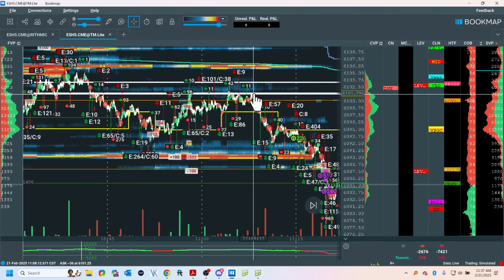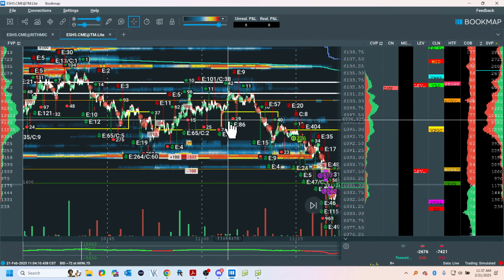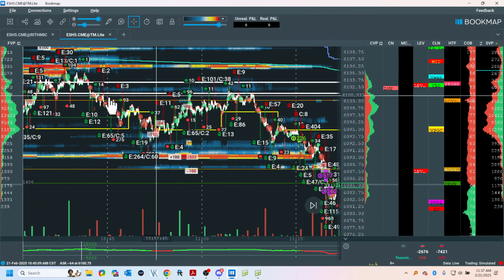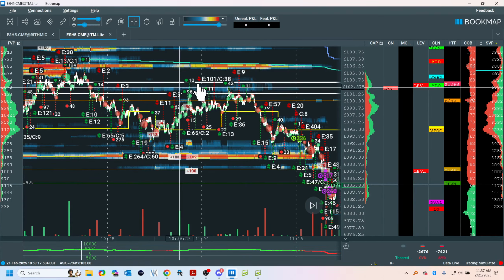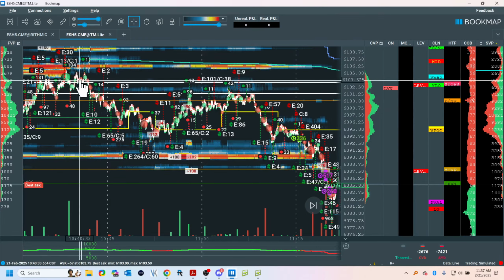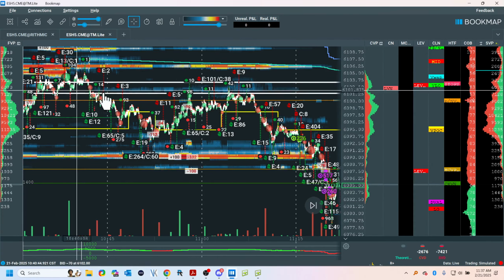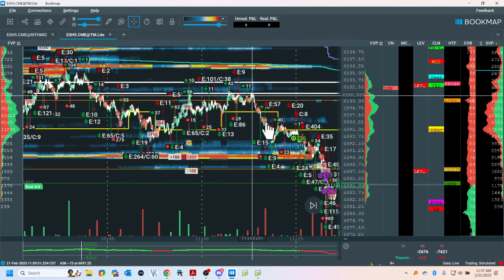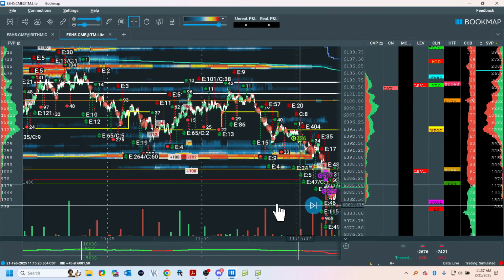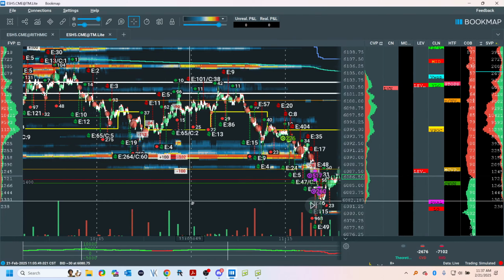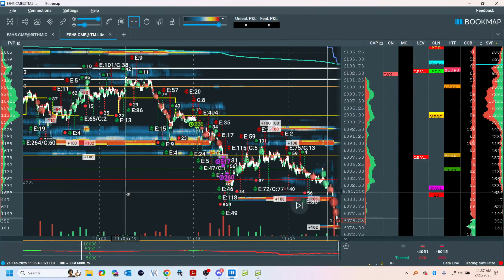So this is another short. All these are shorts, and the reason is the volume is here. If I look at the language, this is too high. I get my sellers. If I come back and this is too high, I get my sellers. All this is just shorts. That's all you got going on here. Anything else? I don't see anything else.